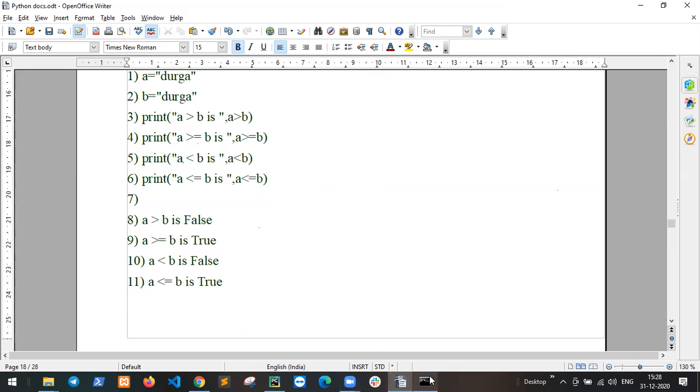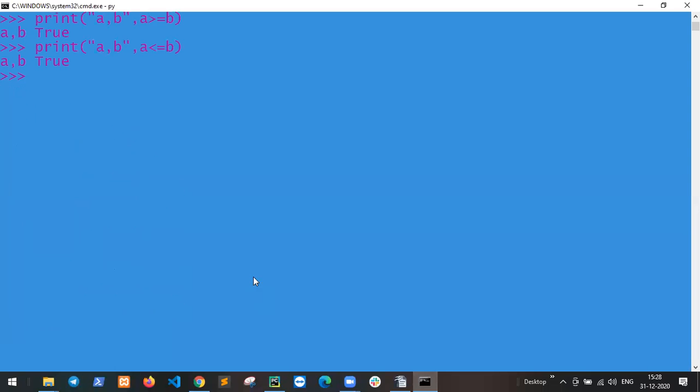Same thing. str1 equal to Krishna and str2 equal to Fayaz.